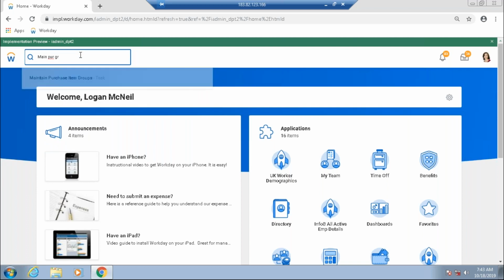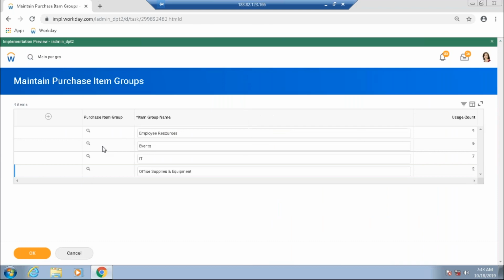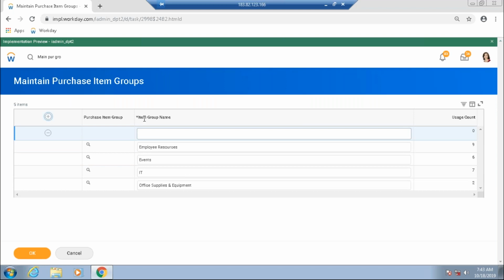purchase item groups. There's a task, maintain purchase item groups. You can see IT, events, office supplies, equipments, and employee resources. That is the same as in the supplier group, right? You can have supplier group, supplier category, supplier group, and suppliers. Same like purchase, you're right. Purchase, purchase. That's correct. Let's say for example, we can put hardware,